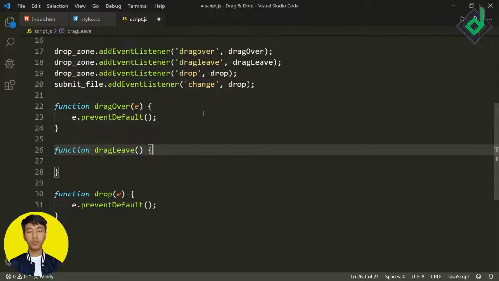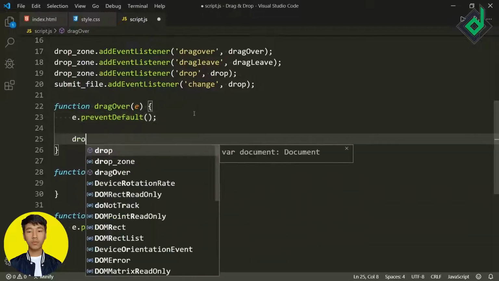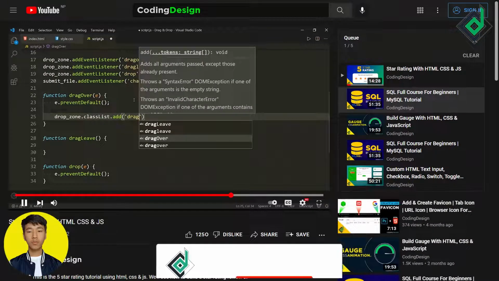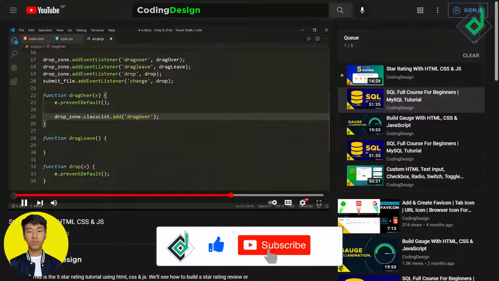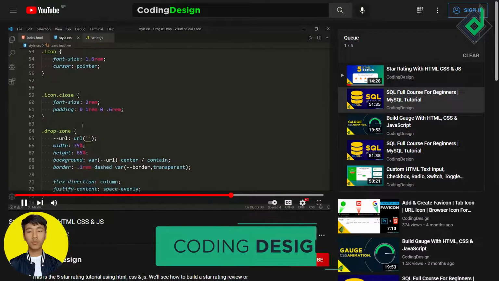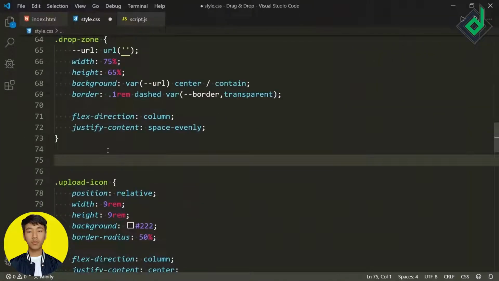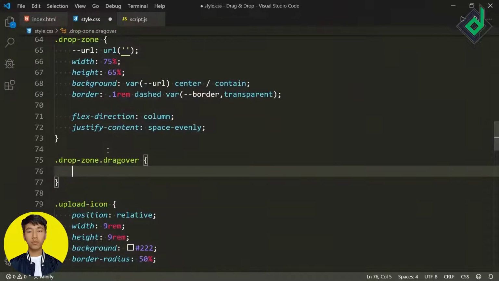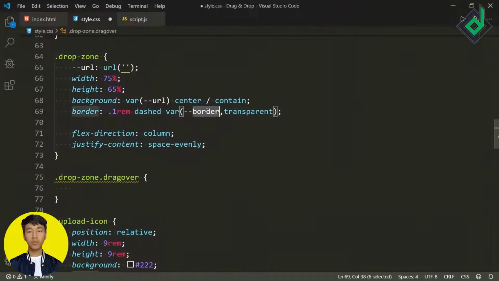Now when you drag over your file to the drop zone, let's give the class. So I'm adding the class dragover, but this dragover class is not given in the style.css file. So let's go to the style.css file, and for the class dropzone, let's give the dragover class. So there won't be any space. I'm again telling you there won't be any space. Now as you can see, for the border at the beginning, I have the color transparent.